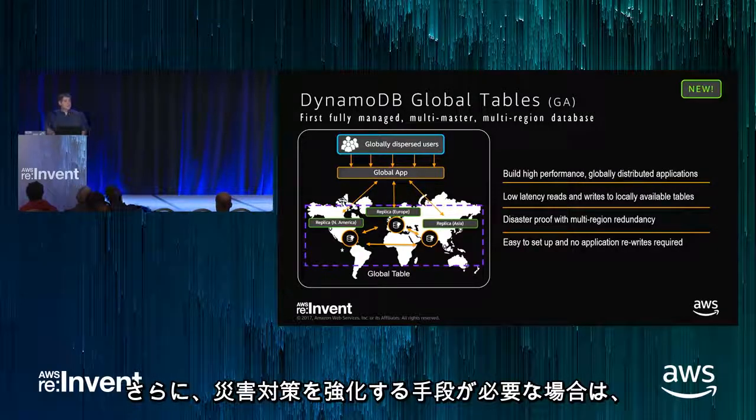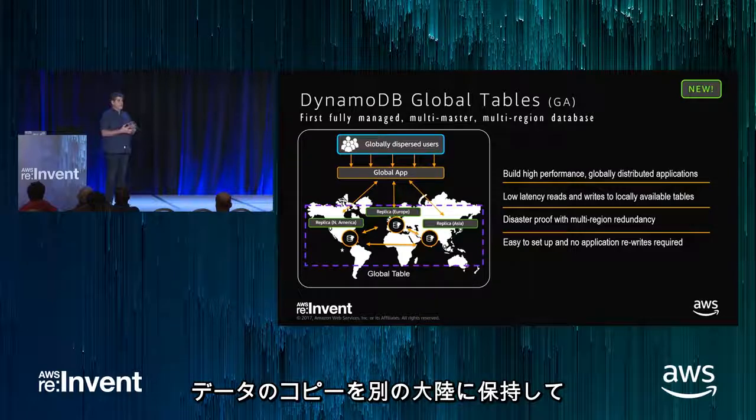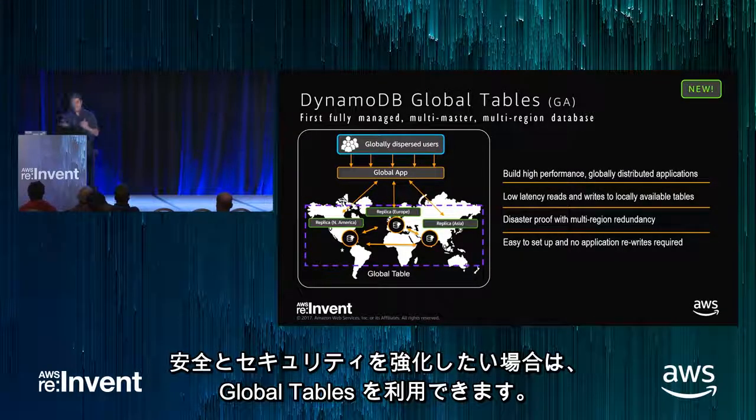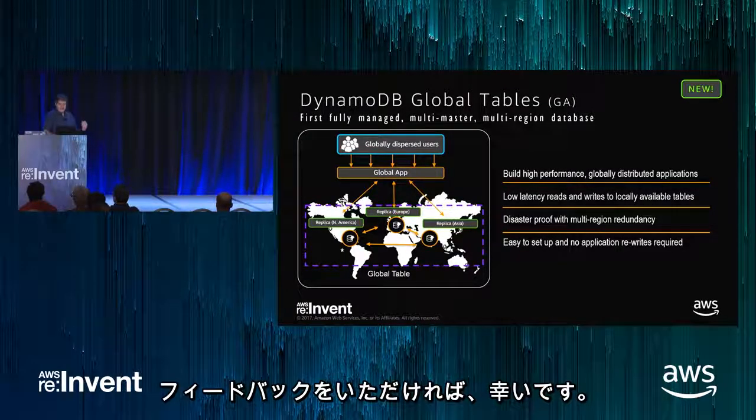And in addition, if you really are the type that needs belts and suspenders for your disaster recovery, now you can globally replicate. So if you want to keep a copy of your data in a different continent for safety and security, you can do that. Global tables. Hopefully you will give it a try and give us some feedback